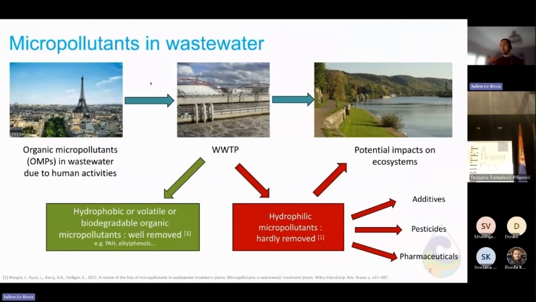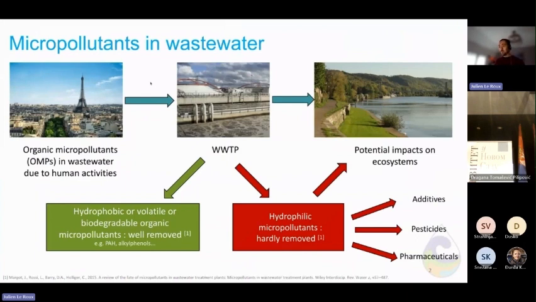For example, mostly hydrophobic volatile compounds or biodegradable compounds are removed by adsorption in the sludge, or by biodegradation with the process. PAH are well removed, but many micropollutants are not removed because they are more hydrophilic, such as pesticides or pharmaceuticals,